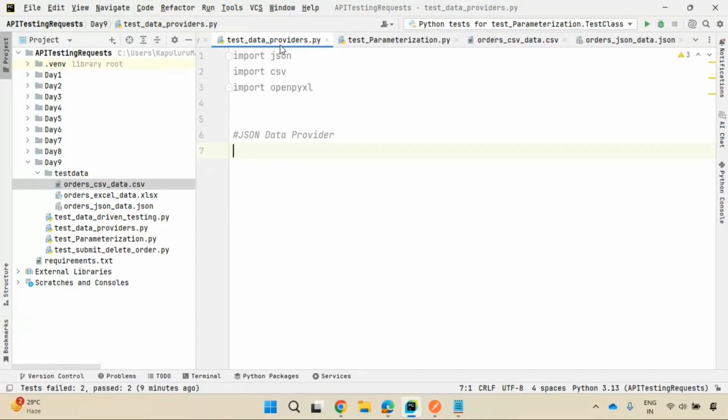So I'll create a data provider for JSON. I'll create a simple function. So define read JSON data. I'll specify the file path also where I have this JSON data file. I'll try to get the data in that file. Once you specify the file path, it can read the data. Now tell me